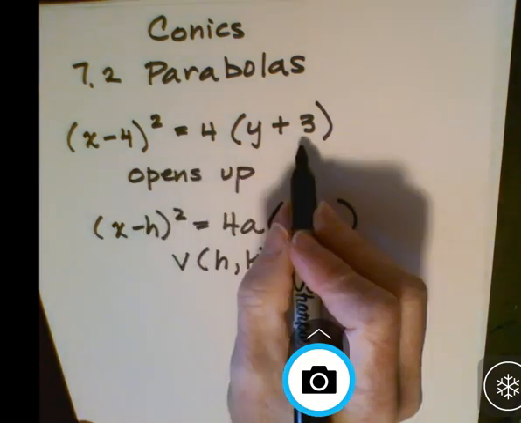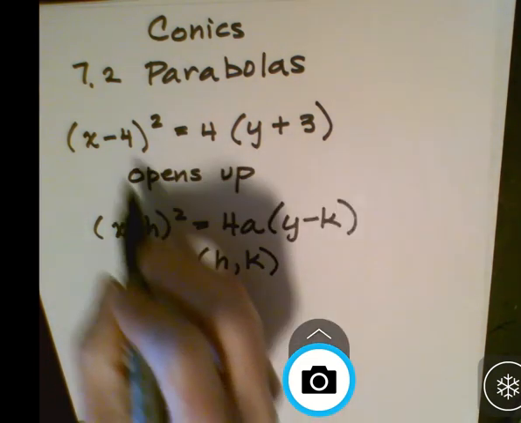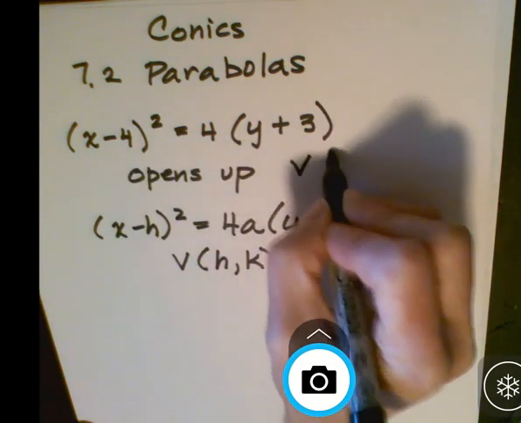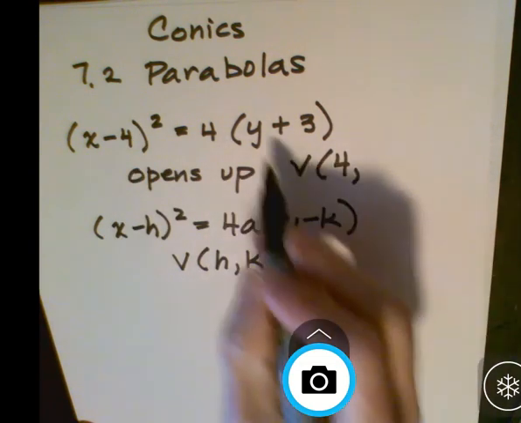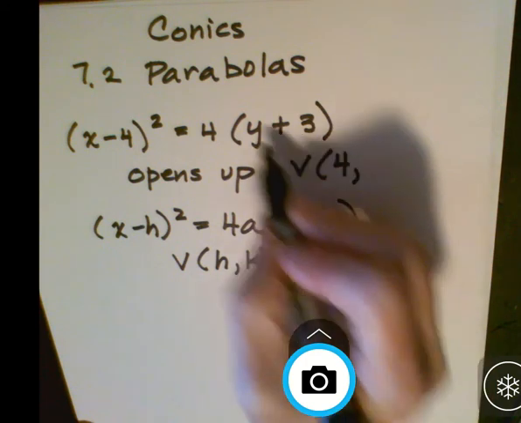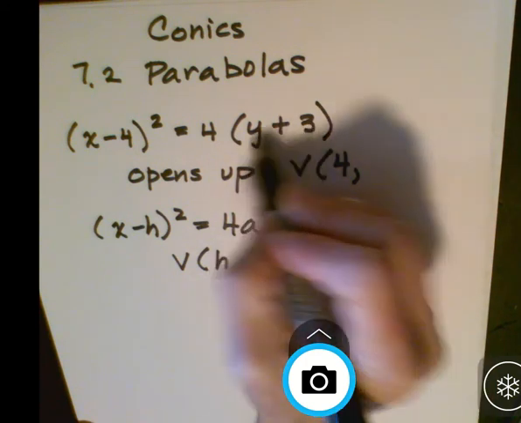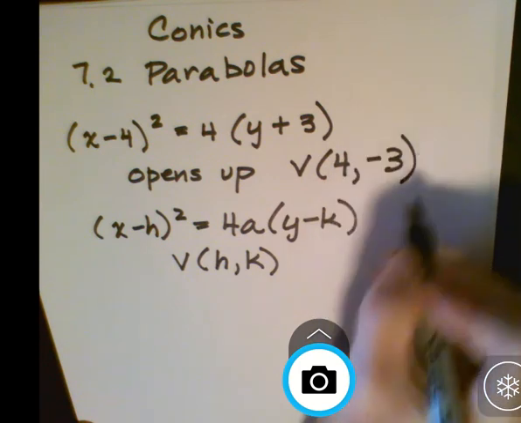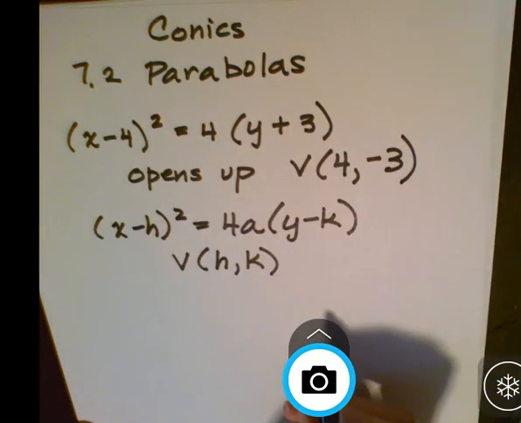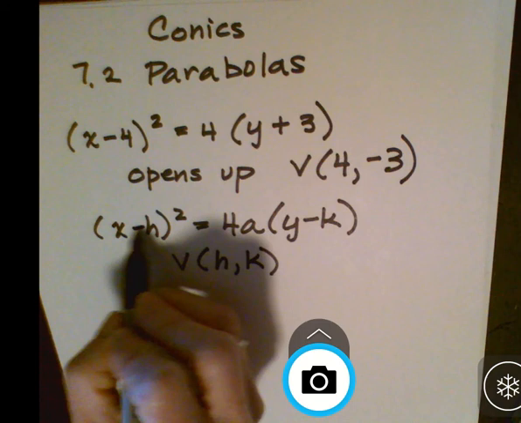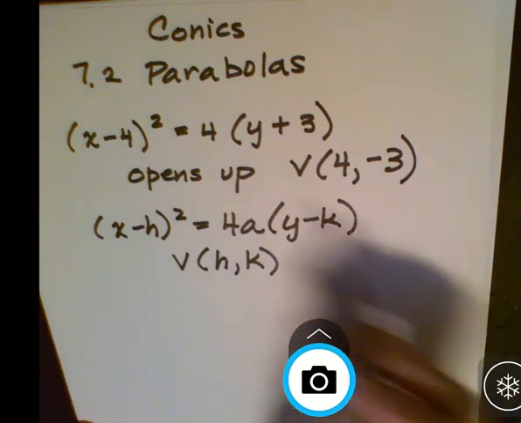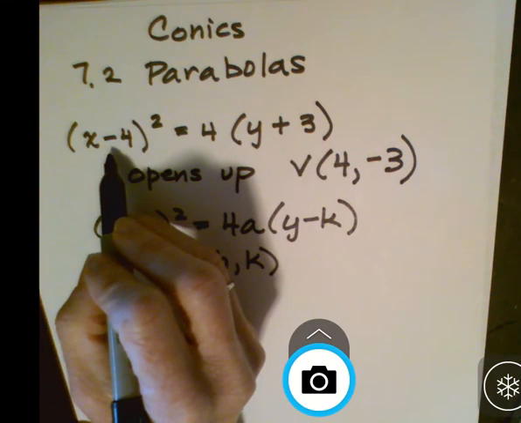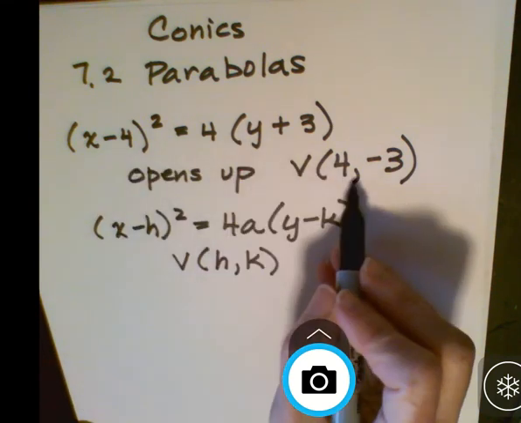So the vertex here, x minus h, must be 4. So our vertex is 4, y minus k. y minus, well, what are we subtracting here? It would have to be negative 3. In other words, you're going to have to switch the signs because of the standard form having subtraction here. So this is the equation in vertex form of a parabola that opens up and has a vertex of 4,